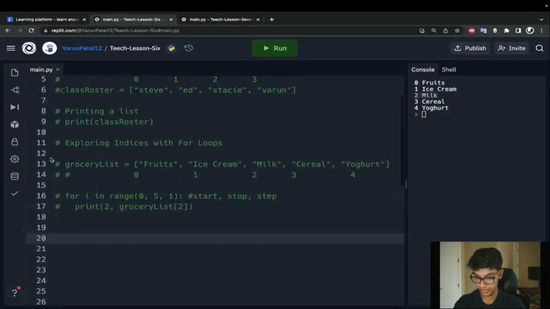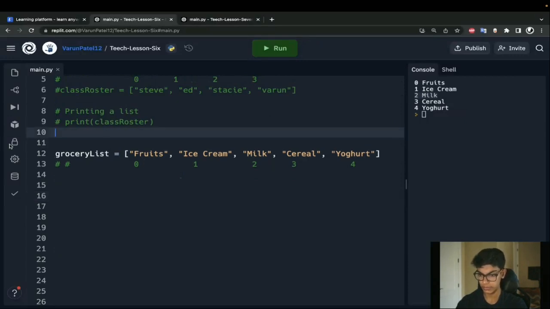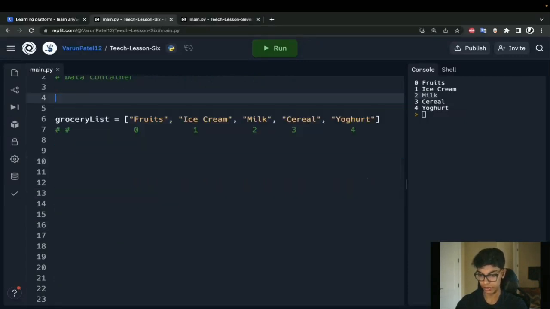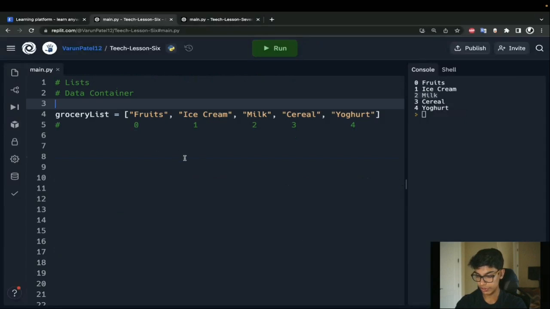We're going to use this to introduce something called the length function, the len function. Let me clear this whole thing up. Let's just switch to this grocery list example. Cool. So we have this now. Everything's cleared up. We have our indices. I'll leave that there, actually. Now I want to talk about the len function.